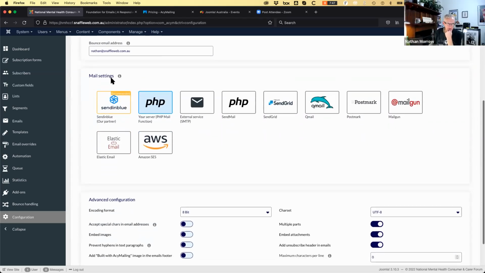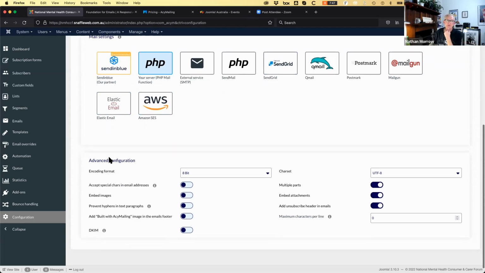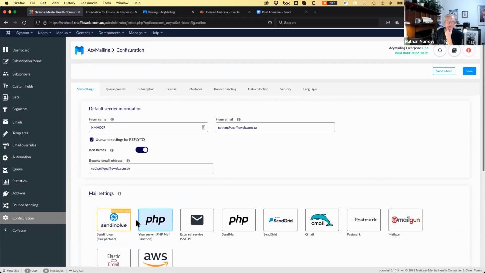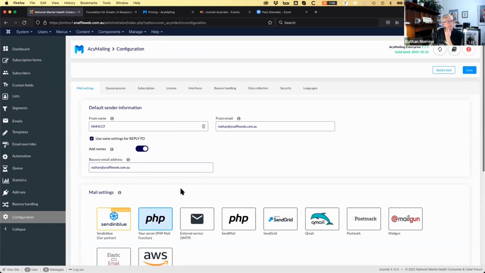So you'll see here there's a heap of different options for the mail providers. This is just running on my development server. That's just using PHP. They recommend Sendinblue, who are a partner apparently, but it's pretty much the full range of the big ones in terms of Mailgun, SendGrid, AWS, and Elastic Mail. And it has all of the anti-spam stuff that you need. The testing feature that they have integrated is quite good as well, with the spam mail tester when it comes to actually sending an email.